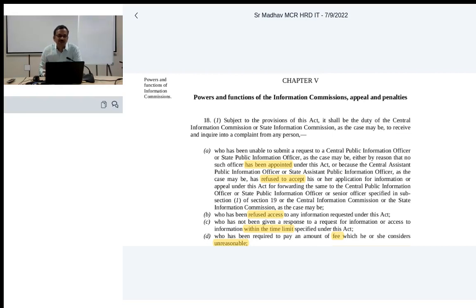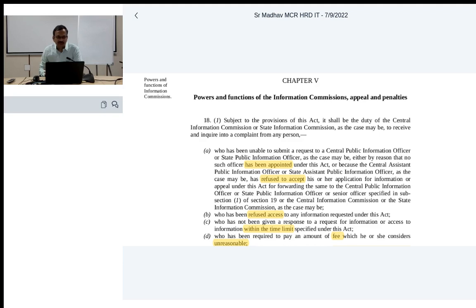In this module, we'll be discussing various remedies available to a citizen when he or she fails to access that information, in case the access is denied or delayed by the public information officer. So we'll have a look at various powers of the Information Commission and how they respond to these appeals and complaints. We'll start off with section 18.1, which explains the complaint mechanism under the Right to Information Act.